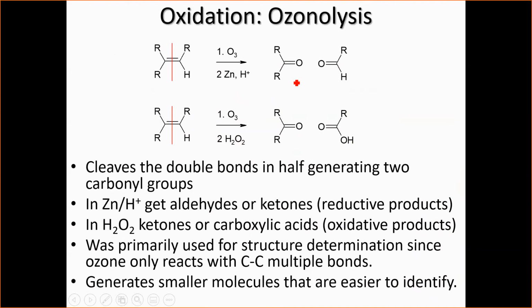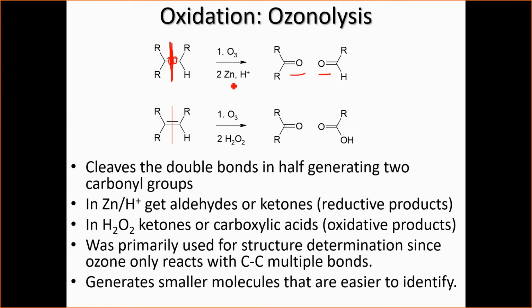The next reaction is the ozonolysis. Ozonolysis is basically ozone cleaving the double bond. If you have a double bond like this, all you need to do is just cut this molecule exactly in half, and put one oxygen here and one oxygen here. Done. See? One oxygen, another oxygen. So likewise,